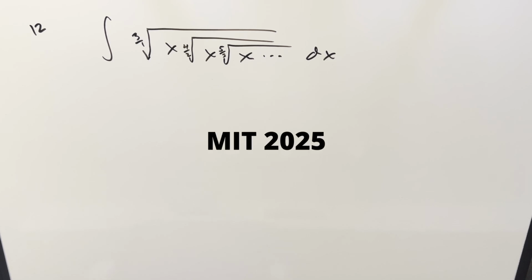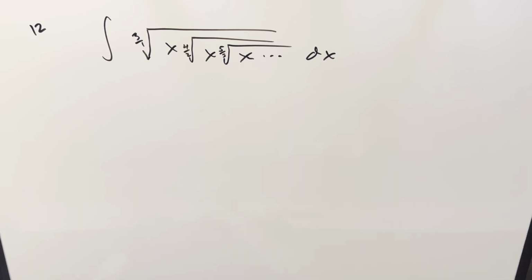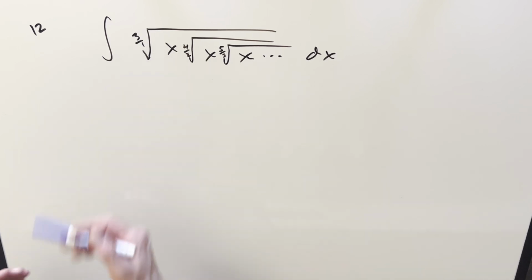Okay, we have here today another integral from the MIT Integration Bee 2025, number 12. We've got the integral of this nested radical dx. The first thing I want to deal with, of course, is this crazy nested radical where they didn't reduce